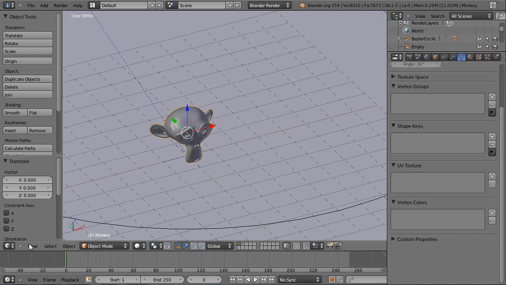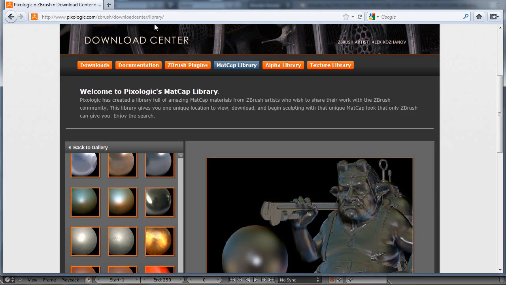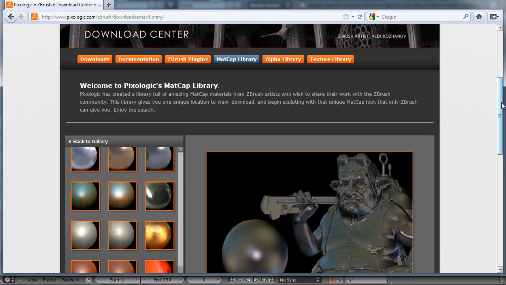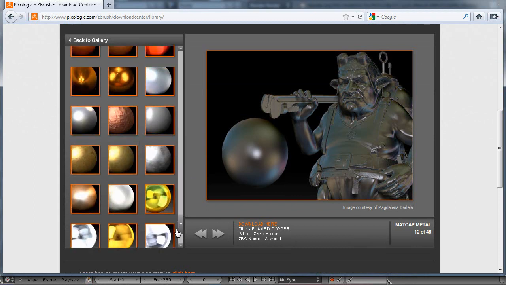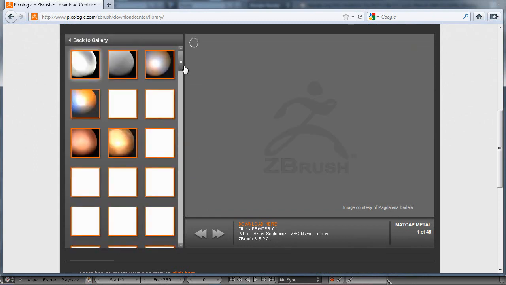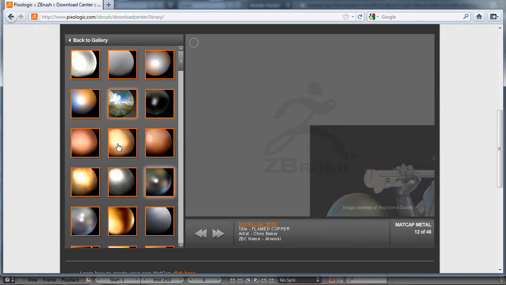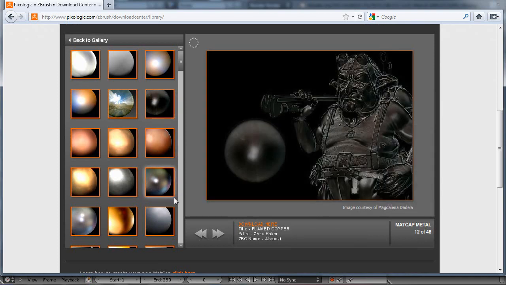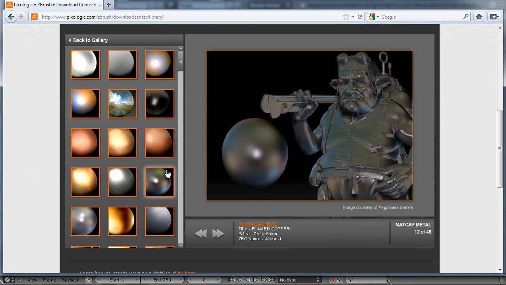And the first thing you've got to do is get the actual matcap. So what you can do is go to the Pixologic website, which is from ZBrush, and go to their matcap library. And here you can sort of come up, pick out a matcap that you like. There's a whole bunch of types down here. I've just sort of come into here. And as you select them, if it works properly, there we go. You can go through and see a sphere of how the material looks, and see it on this weird Morphin sort of guy. And what you need to do is take a screen cap of this sphere and then